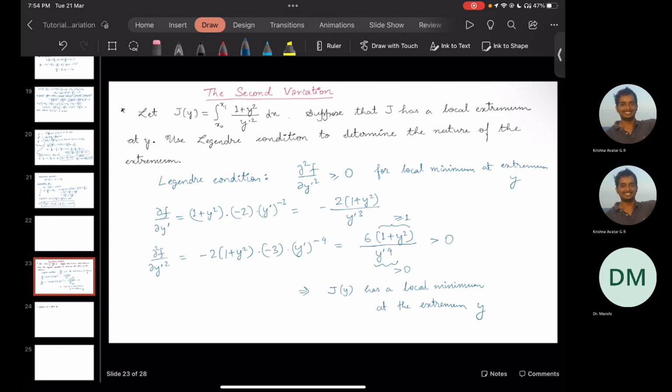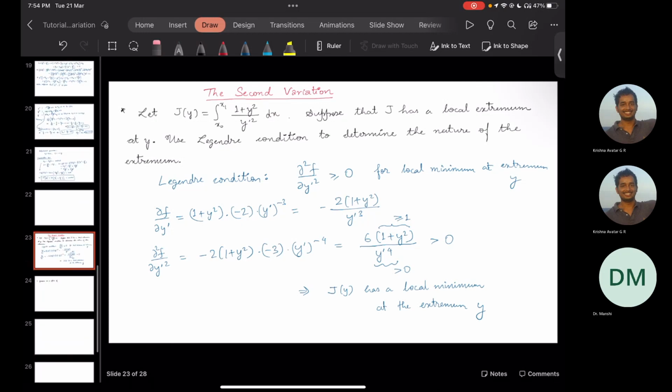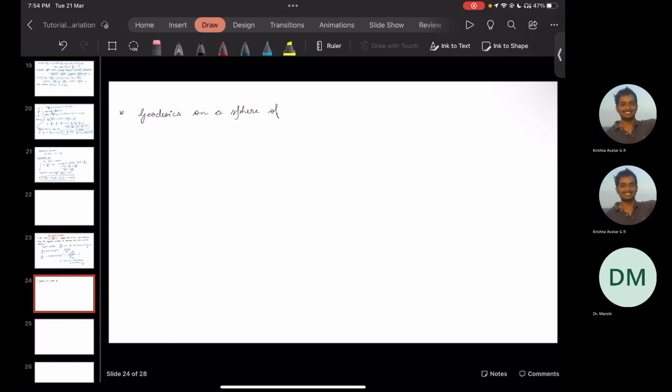Okay, one last question, one more question. I have not yet written the question. So geodesics on a sphere of radius r greater than 0 correspond to the extremals of the functional